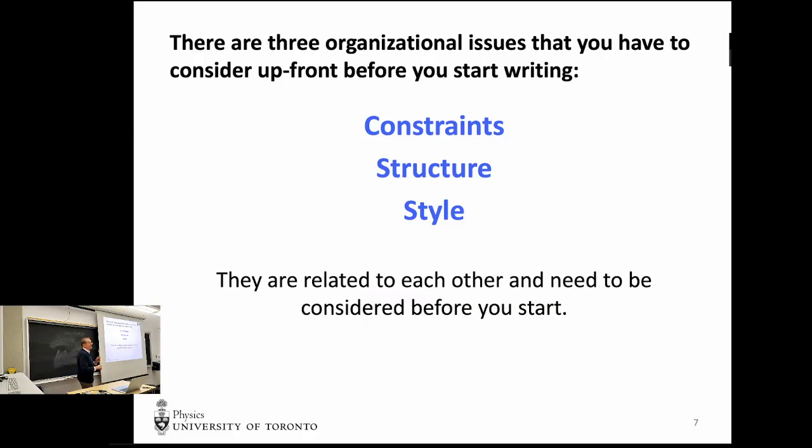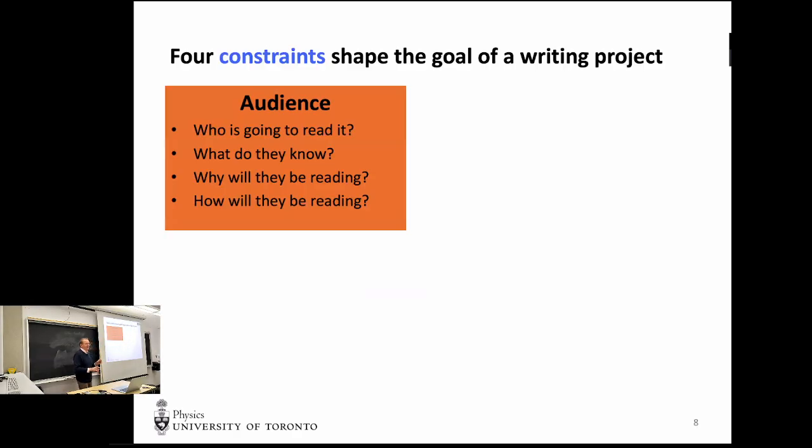And then there are questions of style. For different journals or different contexts, you need to know what the style is and adhere to it, either at the beginning or at the end, but you're going to end up having to adhere to it. So let's talk about the constraints first. There are four that you can identify right off the top that are constraints in what you write. Often we don't think about these, but it's really important to be conscious of them.